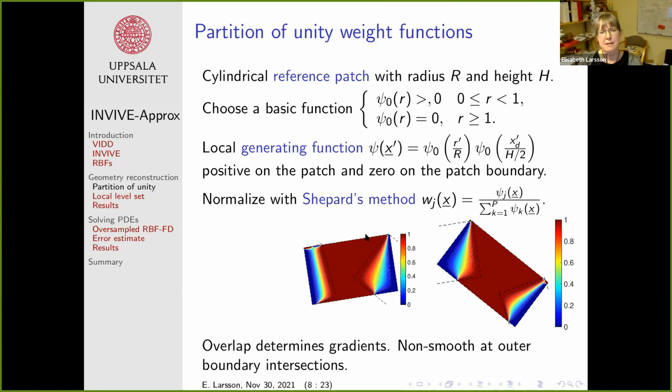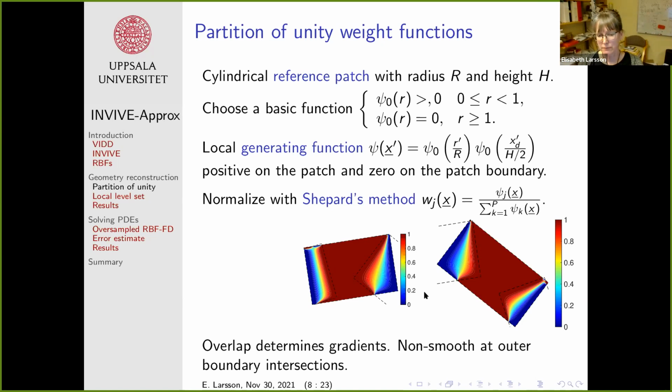Or, well, this is not true. We want a generating function that is 0 on the patch boundary and positive inside, 0 outside. And with this function, we can use Shepard's method to normalize the generating functions, so that we get a function that is 1 where there is no overlap, and then it smoothly goes to 0 in an overlap region. So these two patches that you see here, when you add them in this overlap, they will be identically